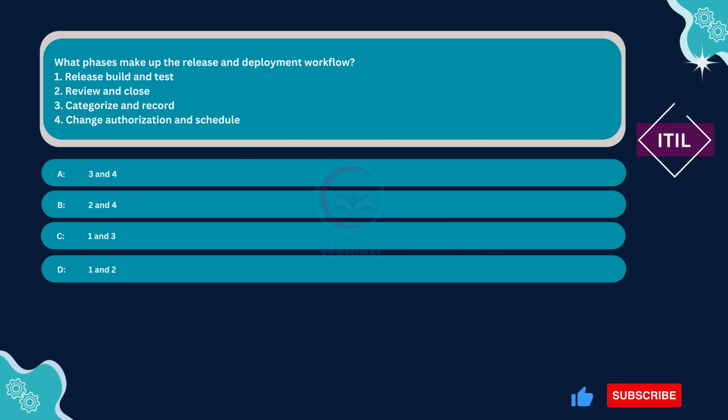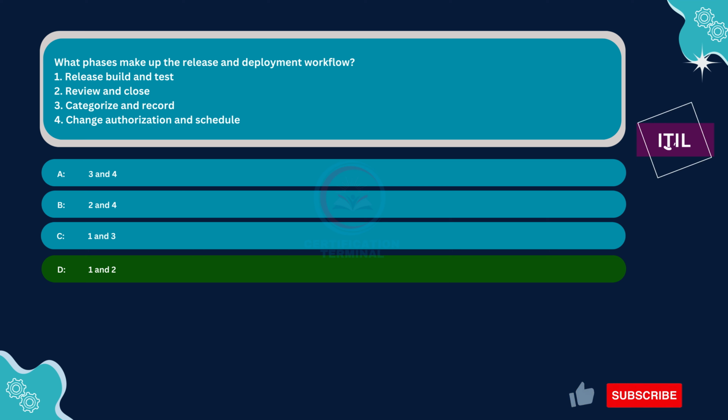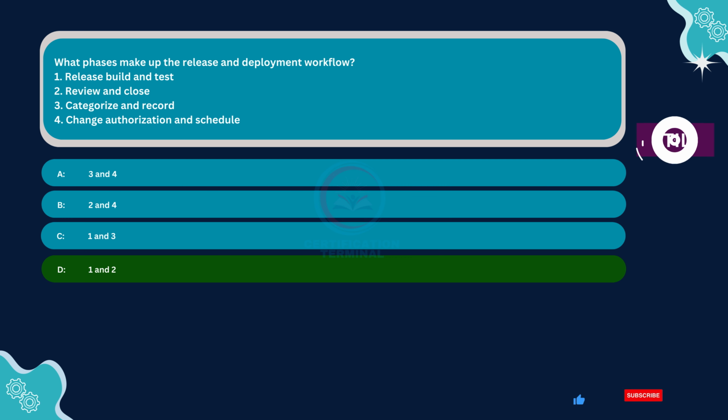The correct answer is Option D, 1 and 2. Release, build and test is crucial in the release and deployment workflow. It involves creating the release package from the development environment and testing it to ensure it meets all quality and functionality standards before it is deployed. The release, build and test phase ensures that the software is stable, functions correctly, and is ready for the production environment. This phase is fundamental to the deployment process as it verifies that the software will work as expected once